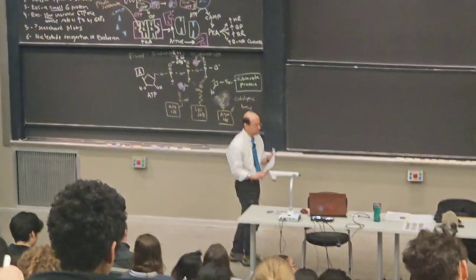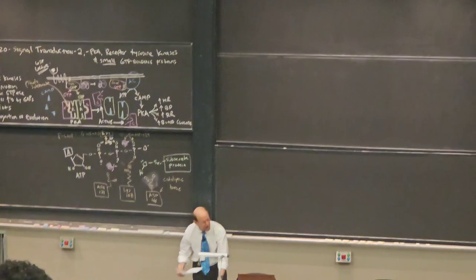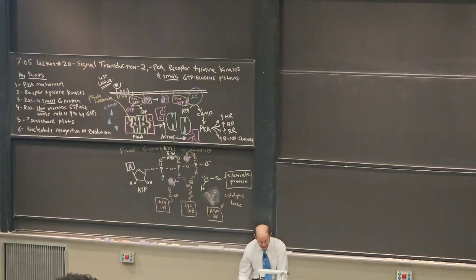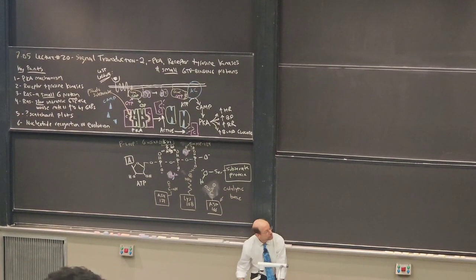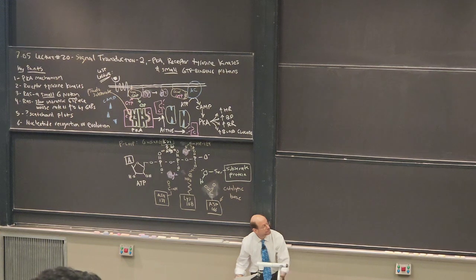Now, I want to talk a bit more about what protein kinase A actually looks like. And to do that, I'm going to show you this. So I told you before that protein kinase A, sometimes called cyclic AMP-dependent protein kinase, was the first protein kinase structurally solved. It was in 1991. It was the first time we actually got a look at the guts of how one of these protein kinases